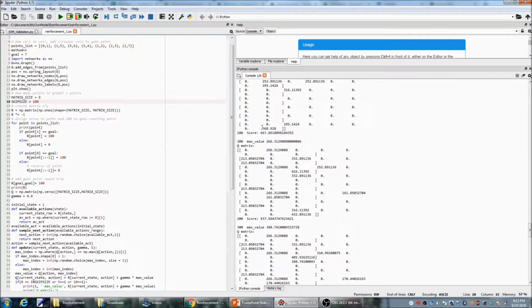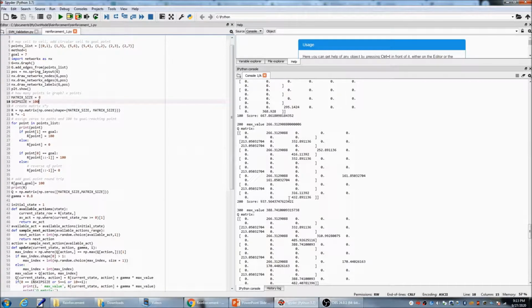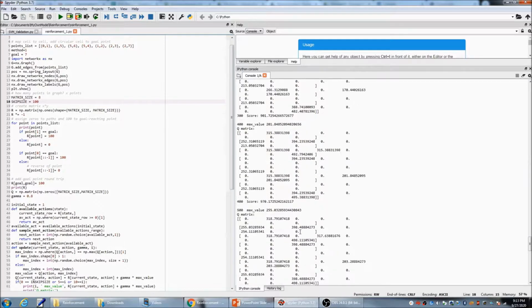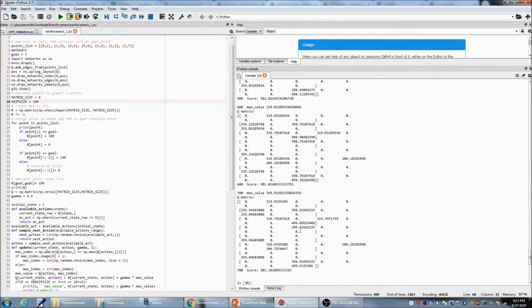It's 368, almost 369. And after 200 steps, it became 433 almost. And then you see, as the steps increased, we have a better score. And after 700 times, it reached almost 500 points.